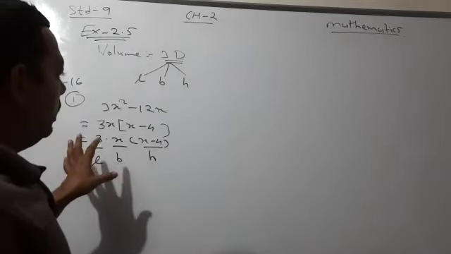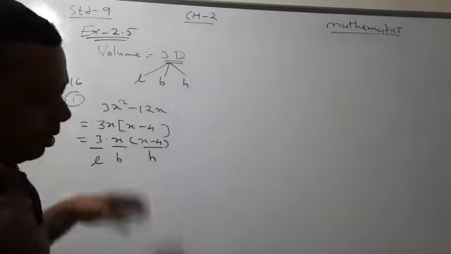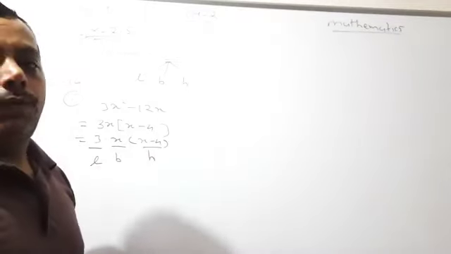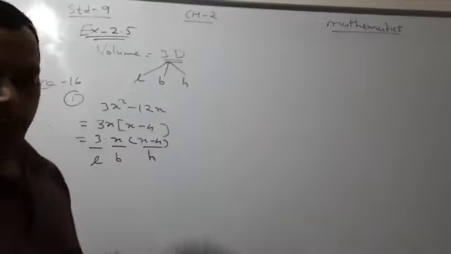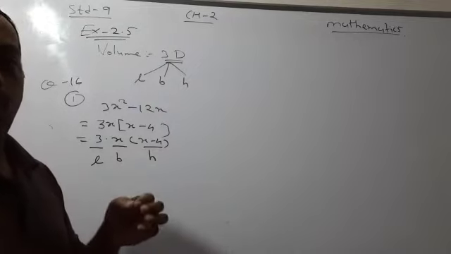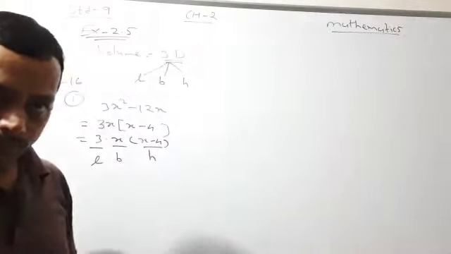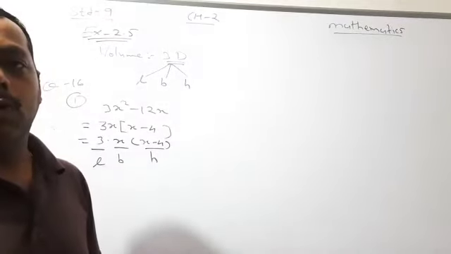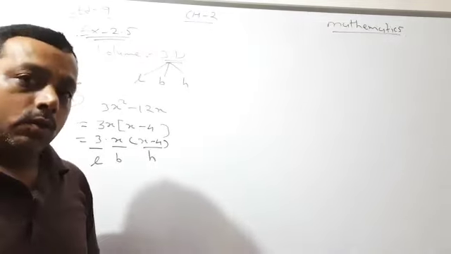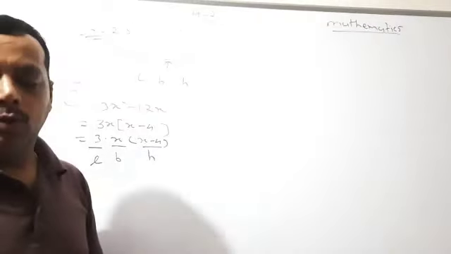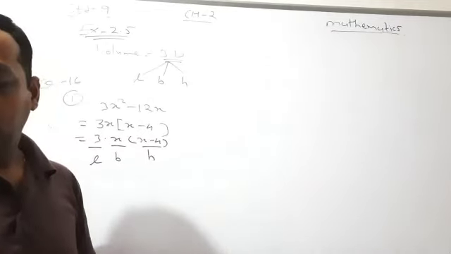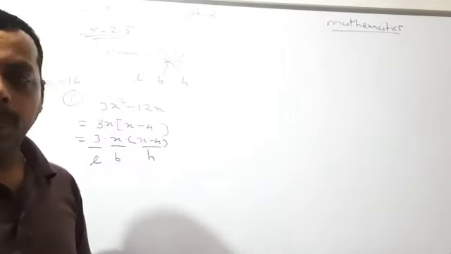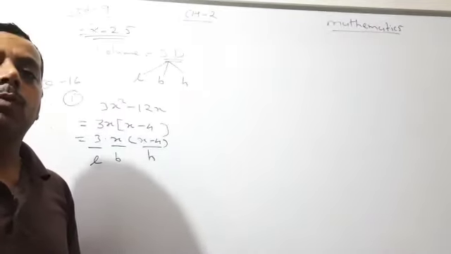Clear? So indirectly, in all the questions of exercise 2.5, you have to use only and only formulas: the formula of a cube plus b cube, the formula of a cube plus b cube plus c cube minus 3abc, the formula of x square minus y square, the formula of x plus y whole square and so on. So you only have to remember the formulas. You can practice them by writing each formula 10 to 15 times at home. That way you can learn the formulas, and it will help you solve exercise 2.5.